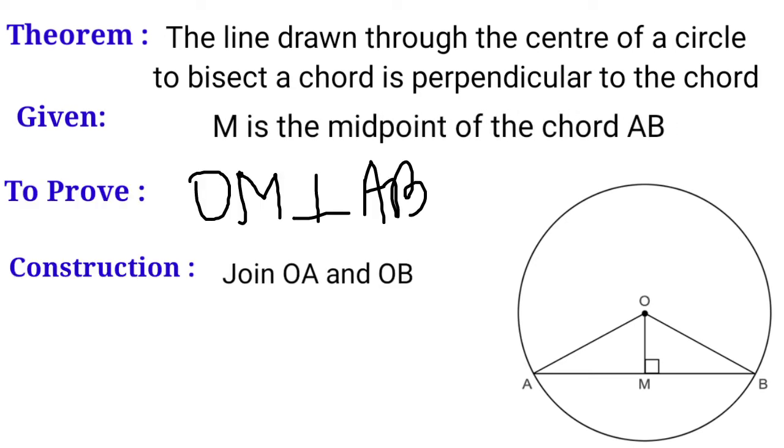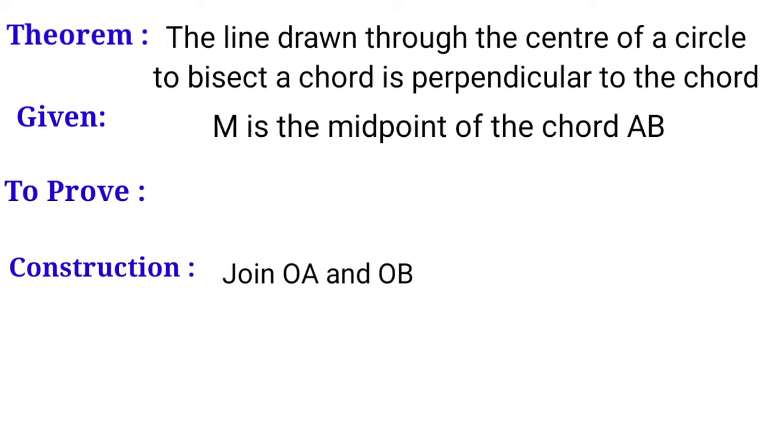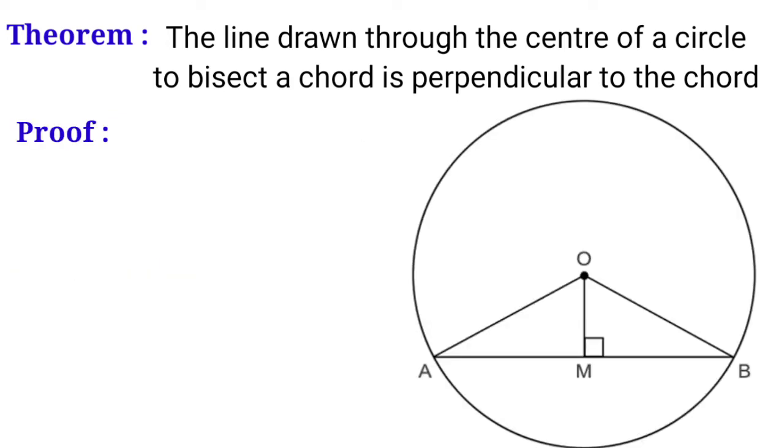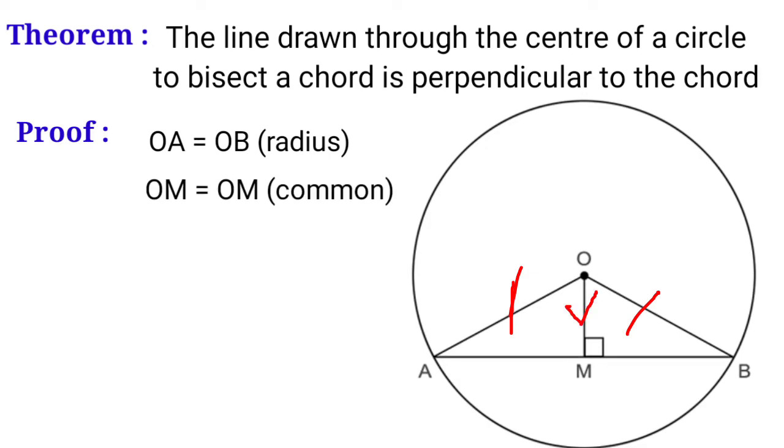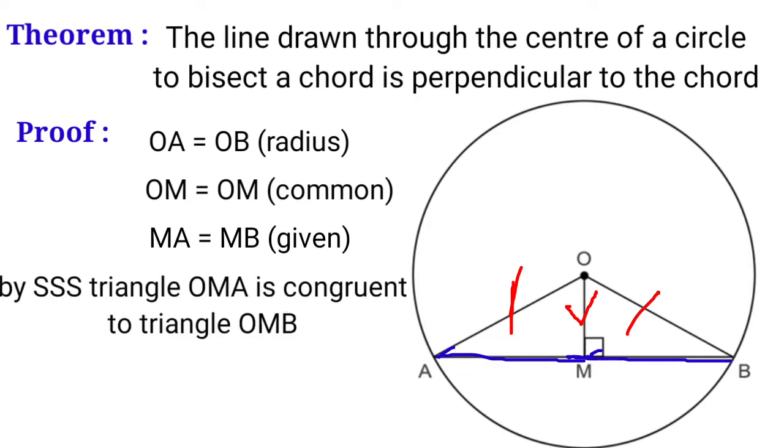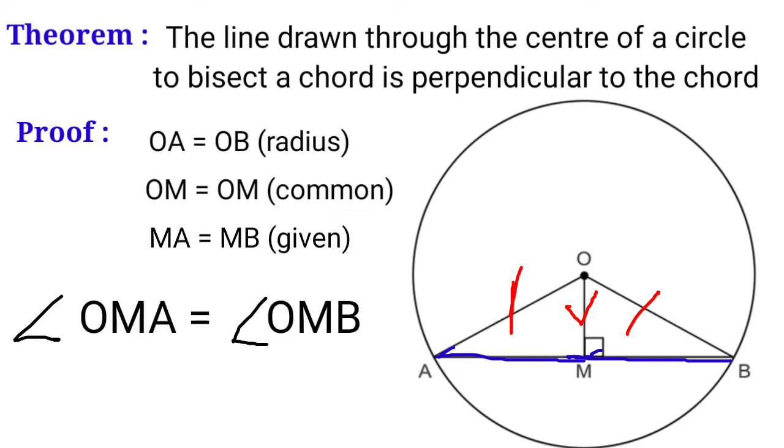In the construction, join OA and OB. Now prove that triangles AOM and BOM are congruent to each other by the condition of SSS, because radii OA and OB are equal, OM is a common side, and MA is equal to MB, which is already given. So when we prove that these two triangles are congruent, then by CPCT, angle OMA is equal